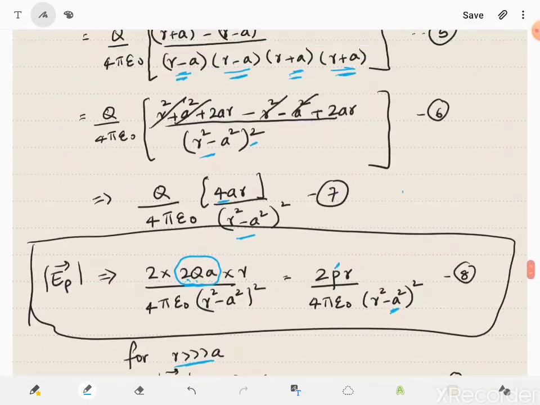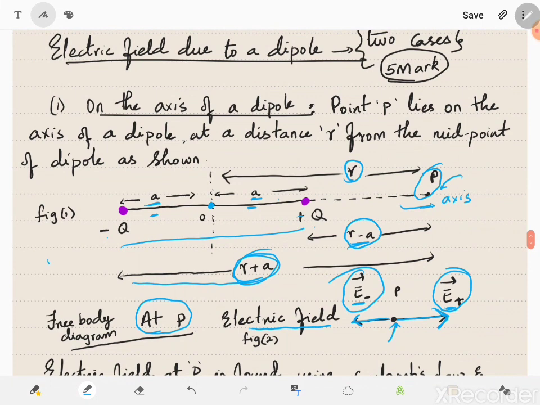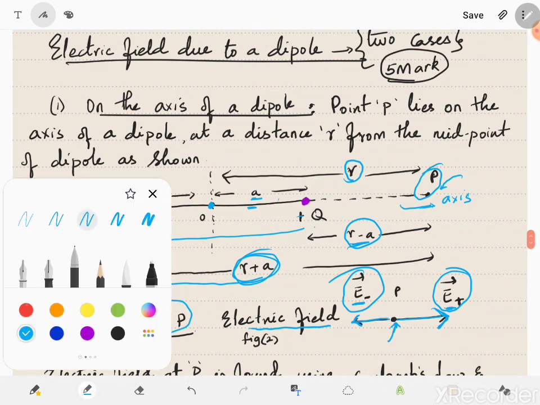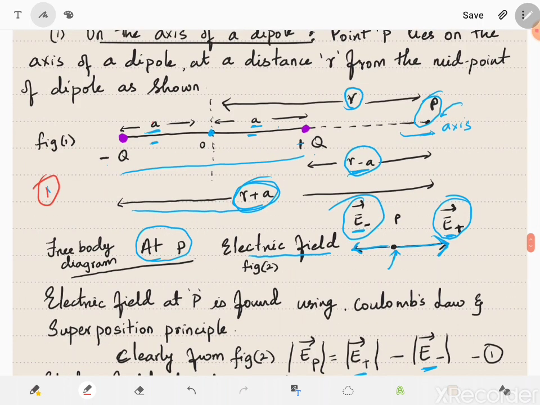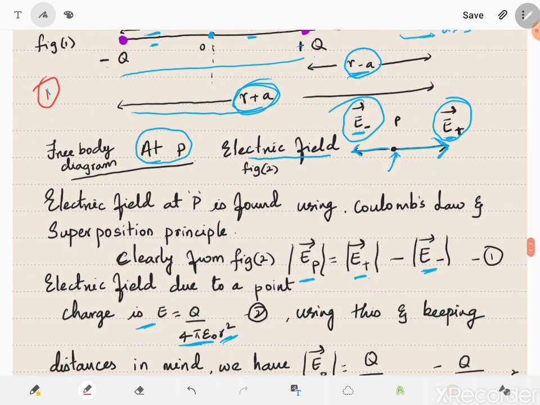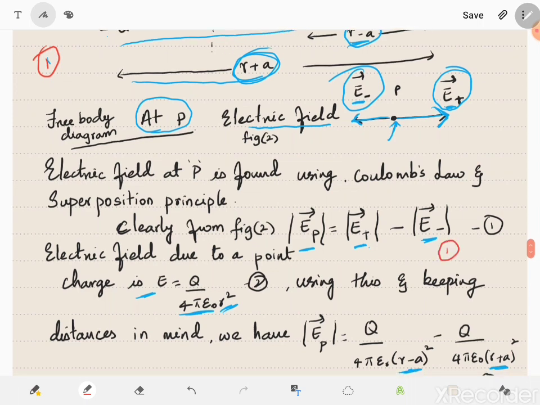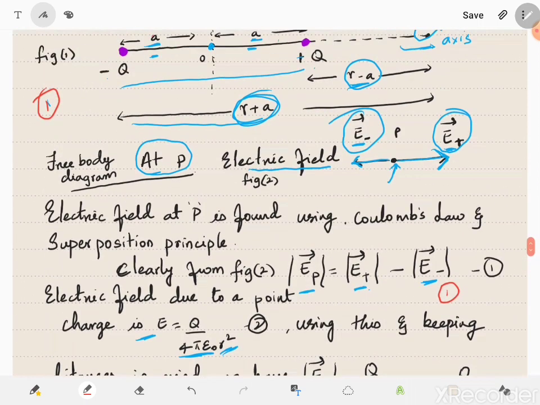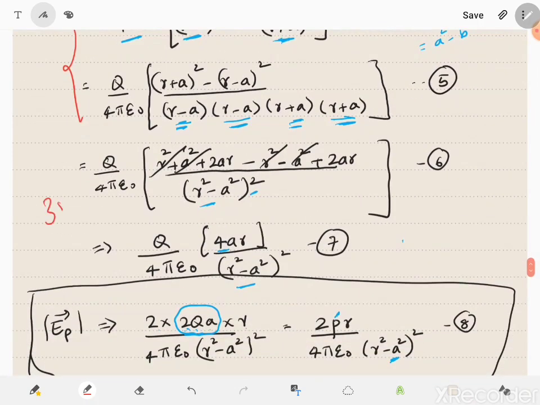5 marks. The distribution is going to be as follows. For the diagram, you get 1 mark, the free body diagram and the diagram. And for the superposition principle, you get 1 mark. And showing the simplification, that's 2 marks. And for the further few steps, you get 3 more marks. So this is a very important question, and it has been asked several times in the board exam. Please make sure to